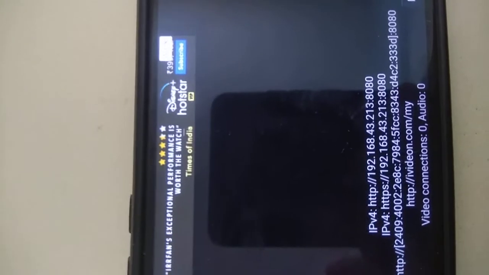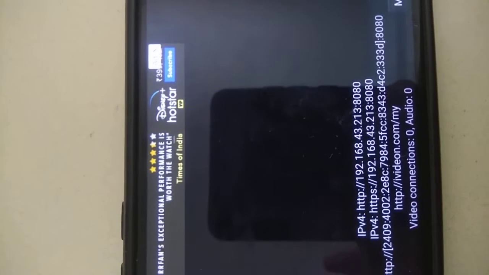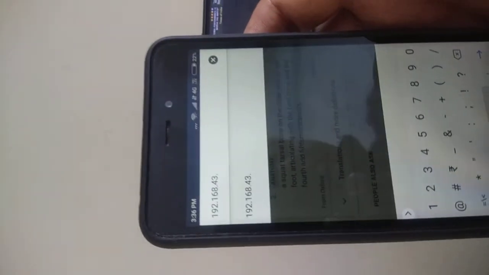Once I connect to the hotspot, I can open Chrome, and in the browser you need to put the IP address which we already have: 192.168.43.213, then a colon, and the port number 8080.